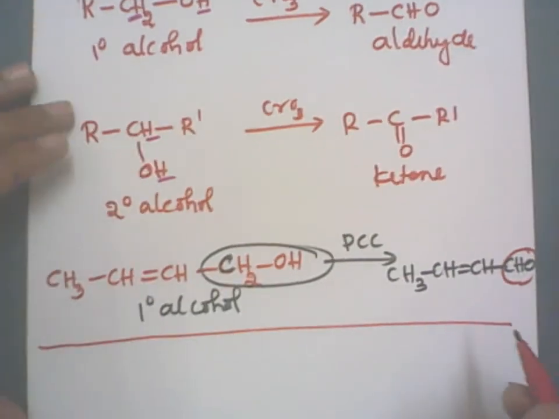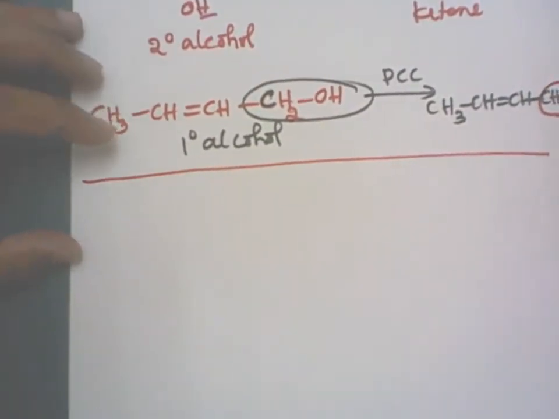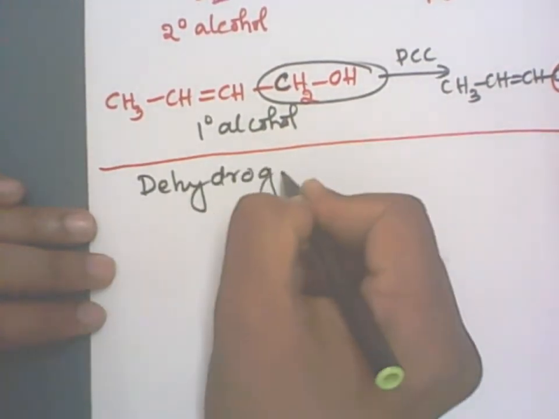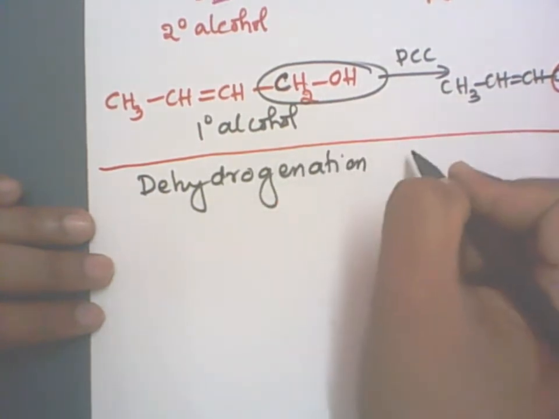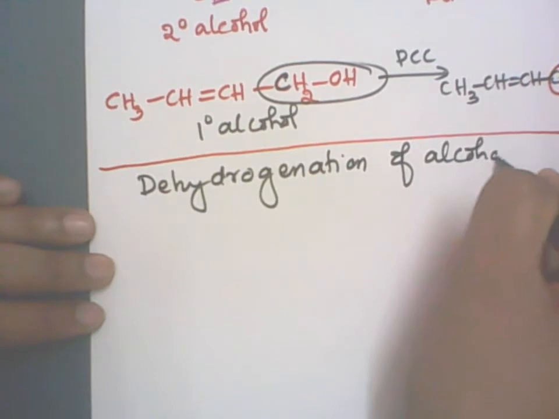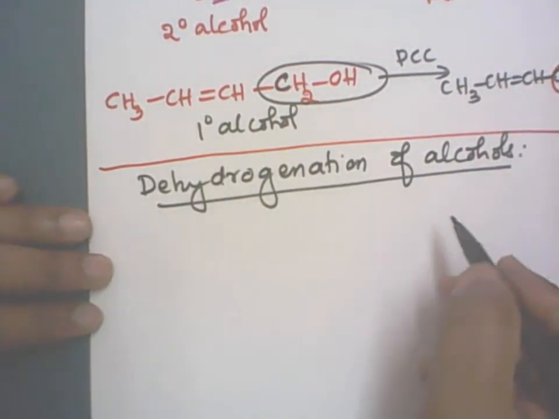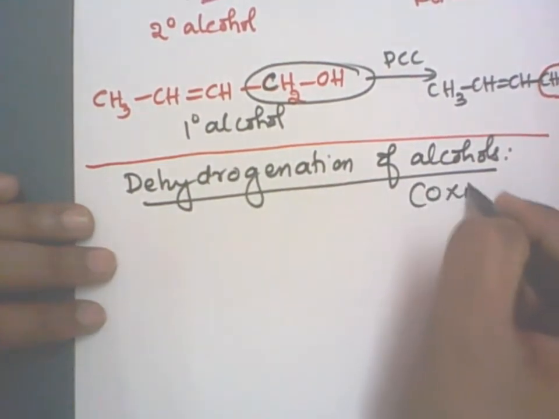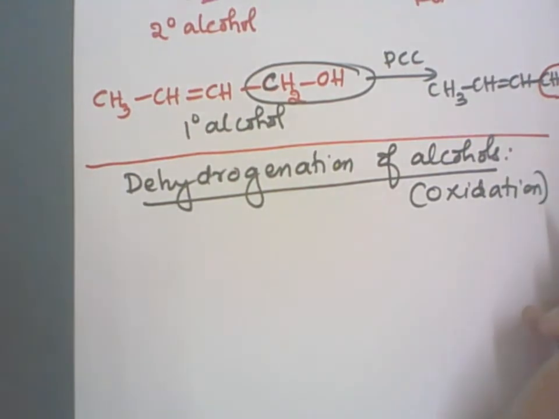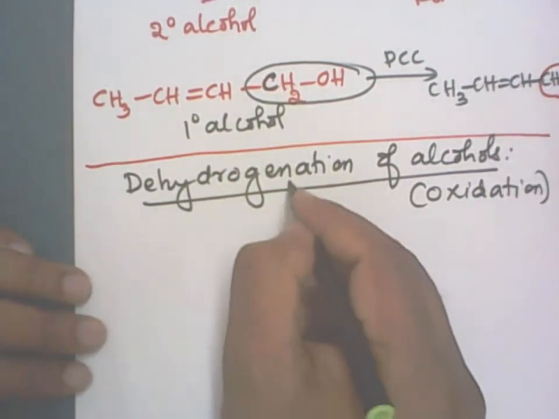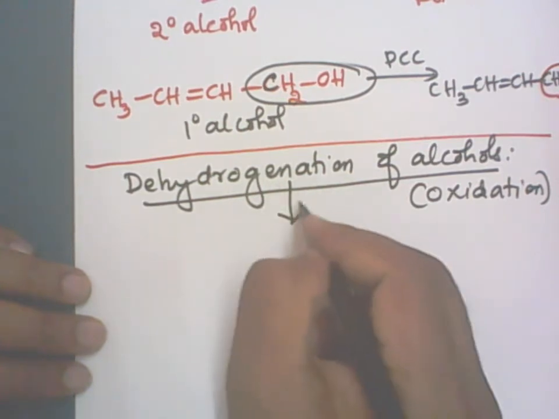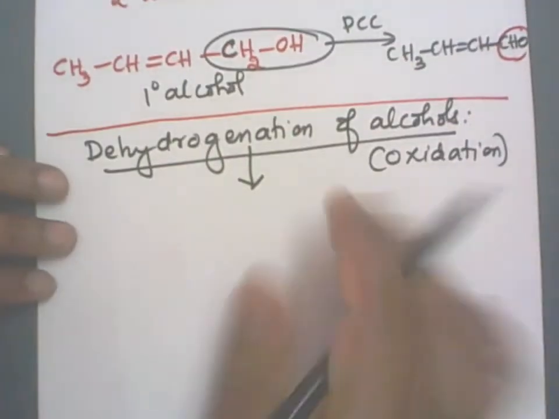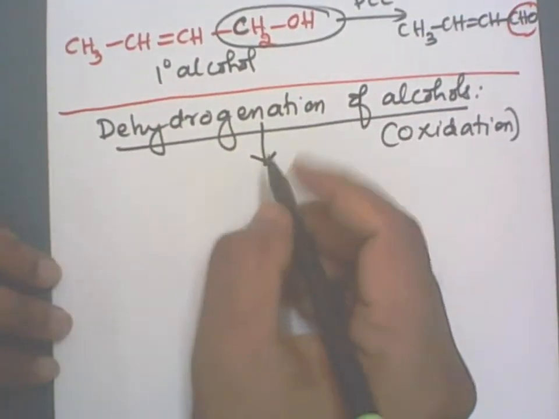Right? Now, the third topic is the dehydrogenation reaction. Dehydrogenation of the alcohols. Dehydrogenation means removal of hydrogen, which means it is a kind of oxidation itself. Similar reaction, oxidation itself. Okay. But here we require a dehydrogenating agent. In previous cases we made use of an oxidizing agent. Here we will make use of the dehydrogenating agent or reducing agent.